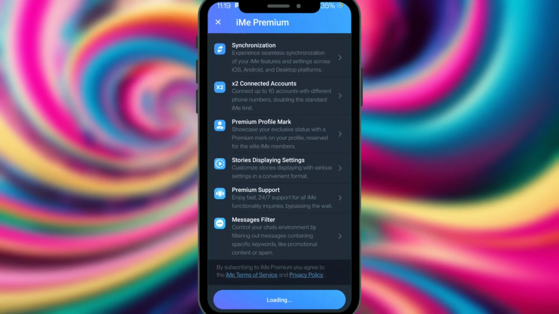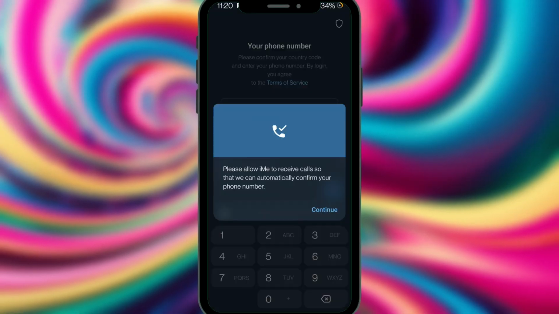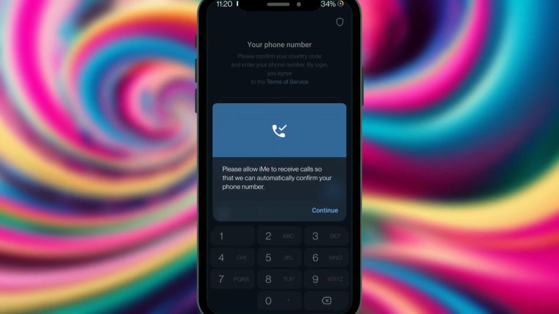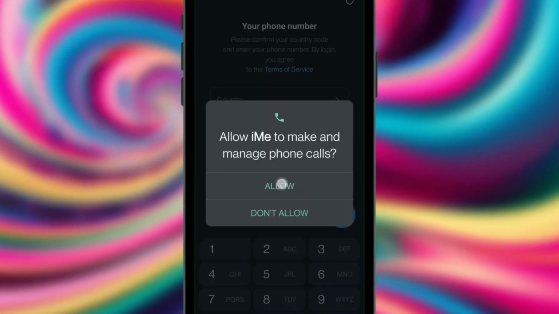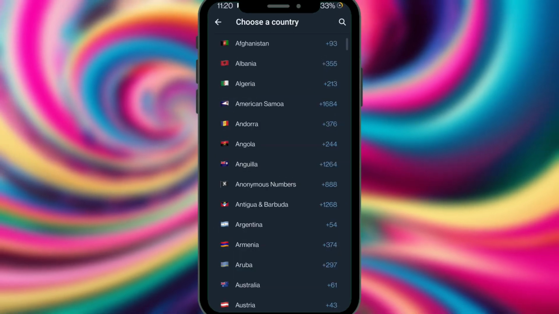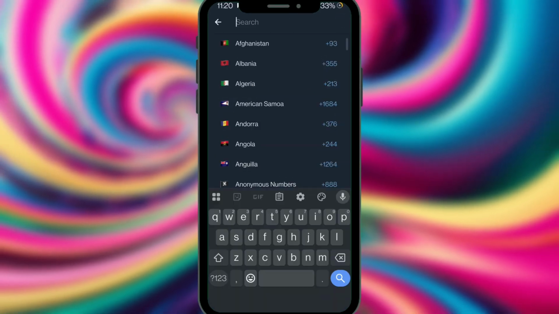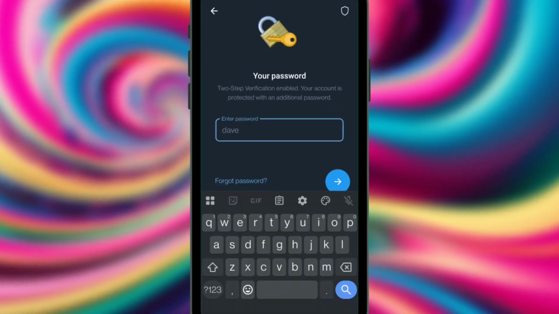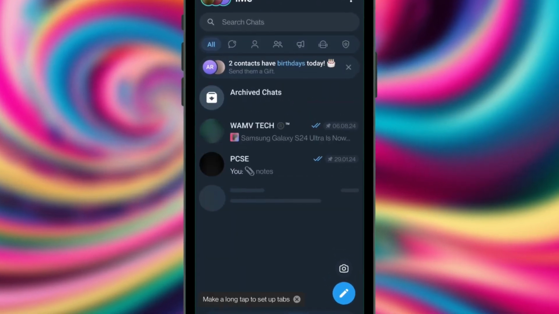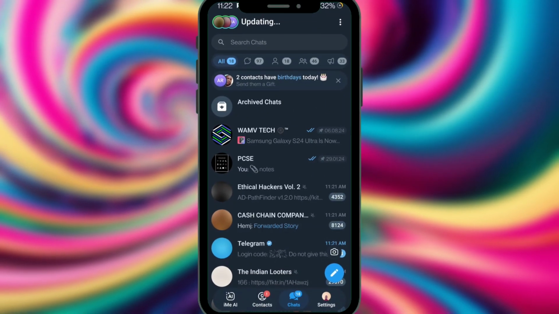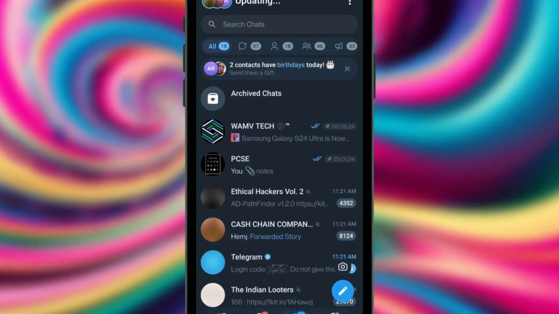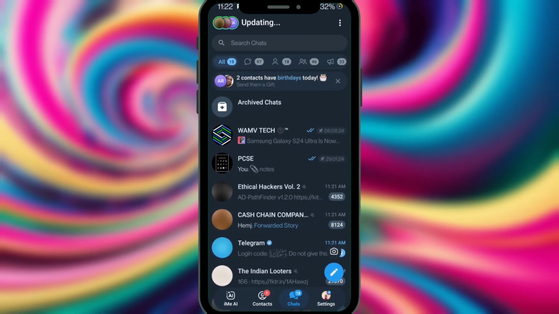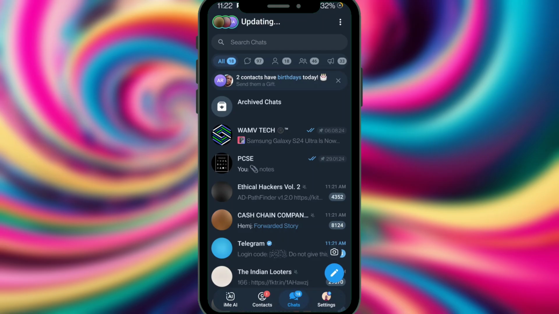So let's look at the premium. Alright, please allow iMe to receive calls so that we can automatically confirm your phone number. Okay, then let's allow the permissions. Alright, let's go to the country. So it's loading the messages. This is iMe. Alright, this is its display. It has a nice UI. So we're interested in the settings, and after we shall tackle the AI to see the AI features that it